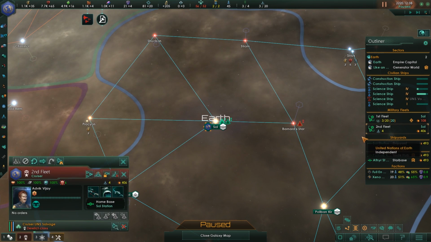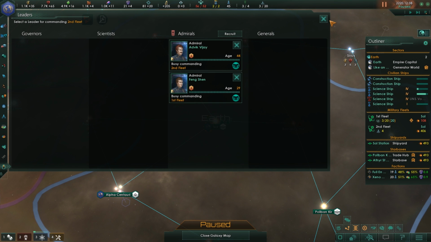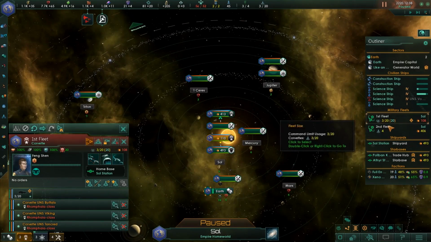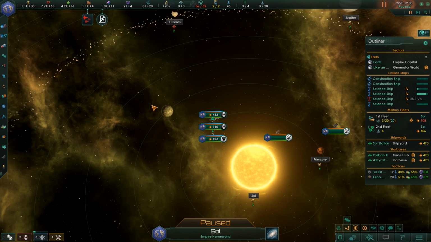And as we cycle through these, you will see that we will get the opportunity of getting new admirals every single time as the list refreshes. If you have a particular type of admiral that you are looking for, then you can go ahead and say, hey, this admiral over here, I don't want them, but the one that just spawned, I would like him. You can fire the old one and get the new one, because they do have an upkeep